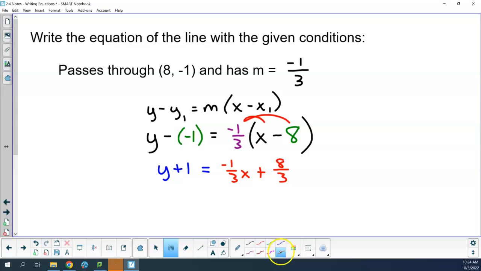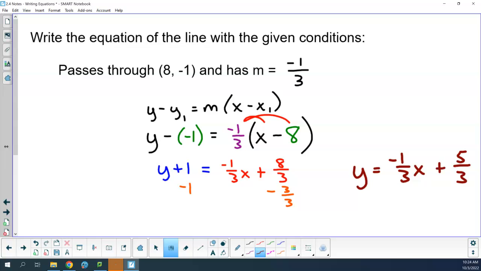I'm going to subtract 1, but really I'm going to subtract 3/3, because 3/3 is equal to 1, and then I'm in common denominator form. So that gives me y equals -1/3 x plus